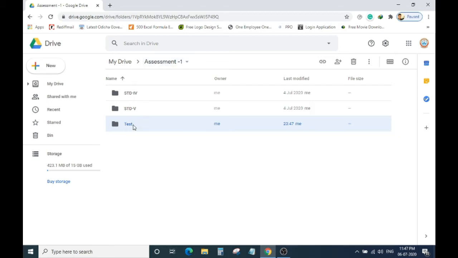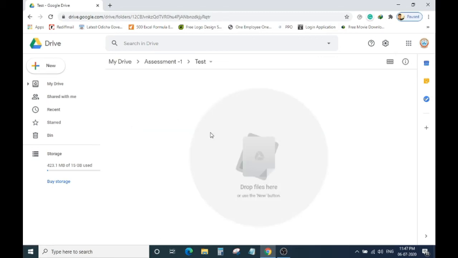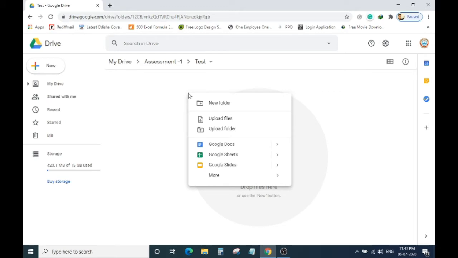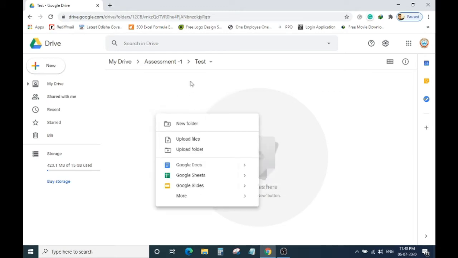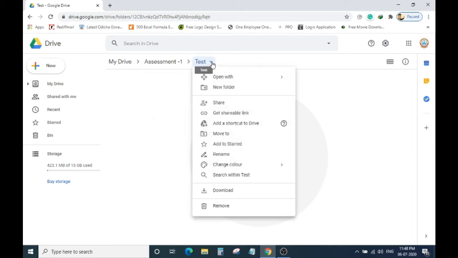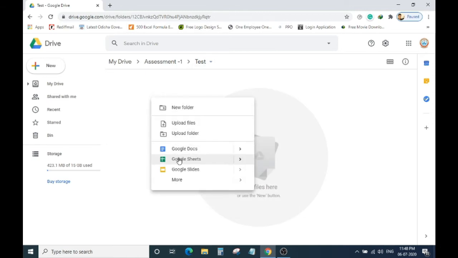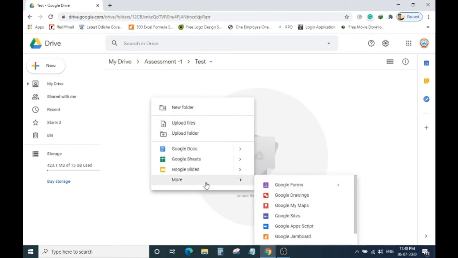Then you have to double tap it. Now nothing is there. So we will right click here in the blank space, or you can right click from here also. After right clicking, click on more, then Google Forms.